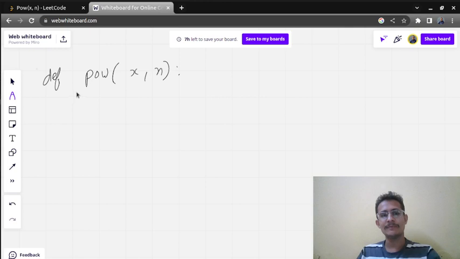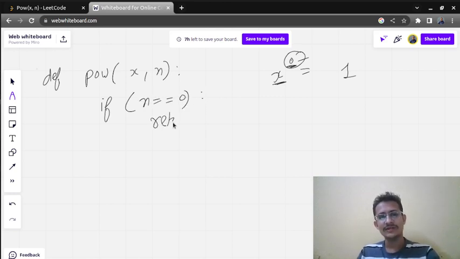In the recursive approach, we want one condition where the solution is going to terminate. We can call it the base condition. We know that any number to the power 0 will be 1. It means whenever the value of n is equal to 0, we need to return 1. So first of all we need to write the base condition: if n equal to 0, we need to return 1. This is the step where the recursive call is going to eliminate.